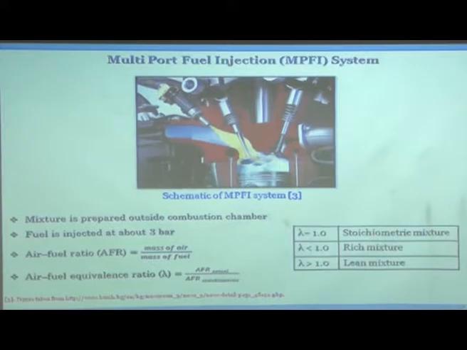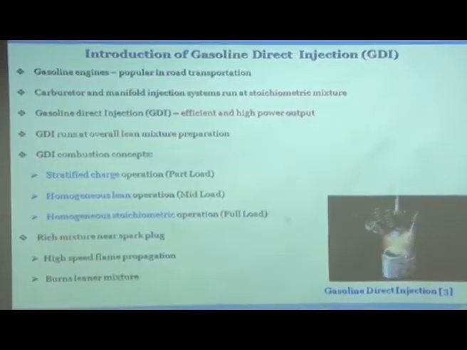And of course, when the lambda is 1, it is called stoichiometric mixture, lambda less than 1, it is rich mixture, lambda more than 1, it is lean mixture. Okay, and you know how to calculate the air fuel mixture. You have to understand that the fuel injection pressure in a PFI engine is limited to only 2.7 to 3 bar, that is it. So, a small electric pump is enough for a PFI engine, but on the other hand this is a GDI engine. Okay, and look at this animation.